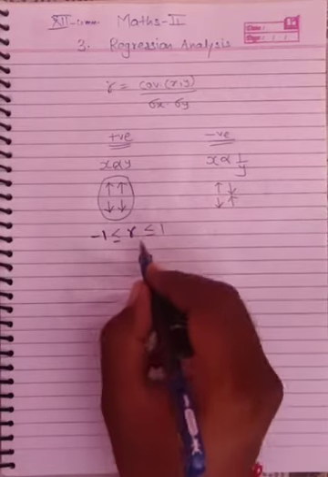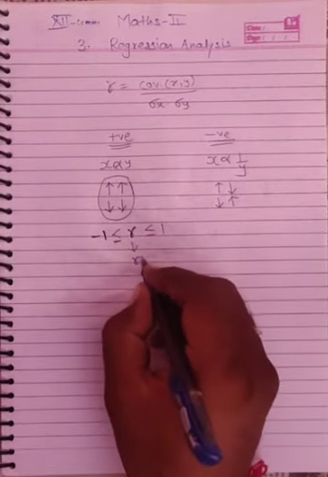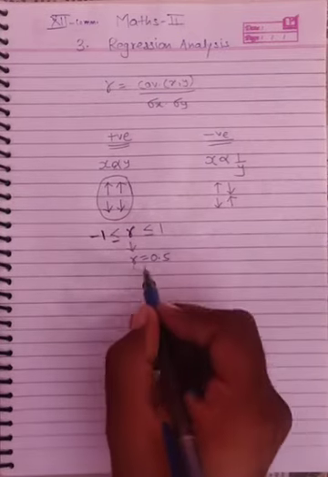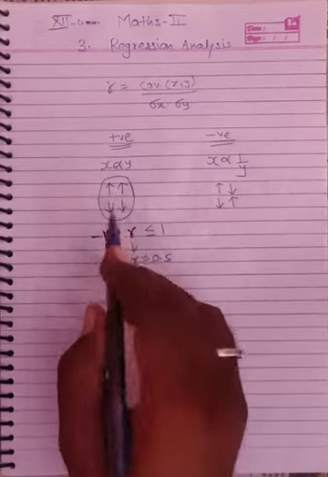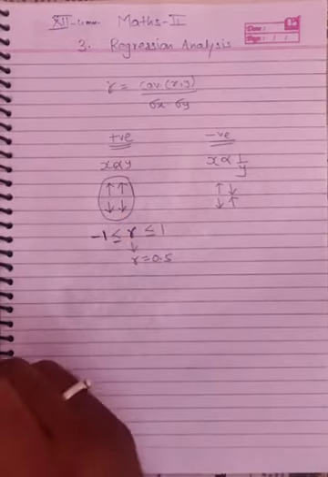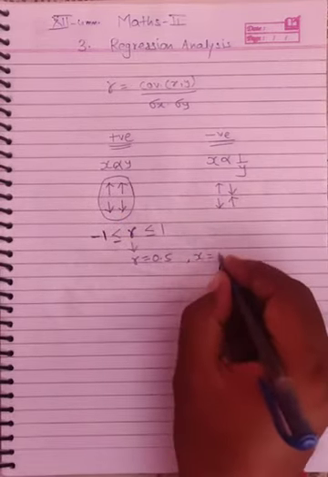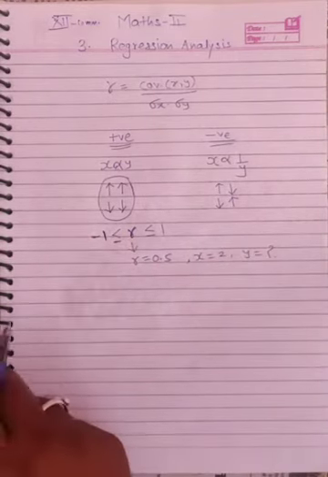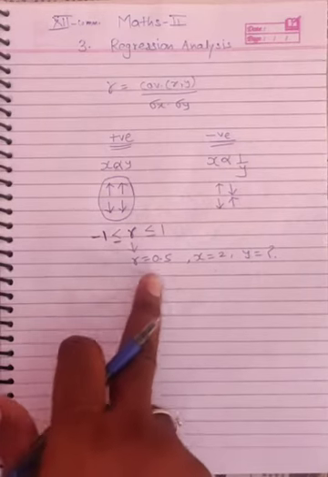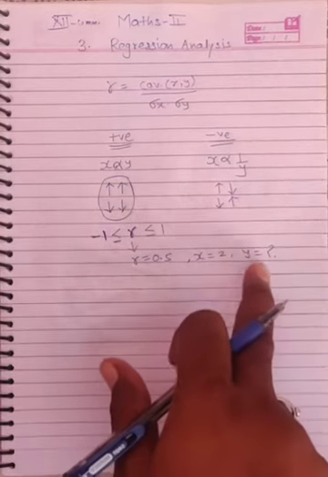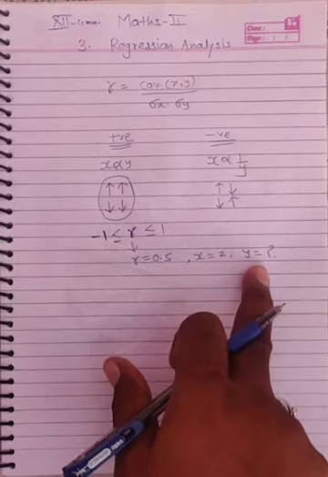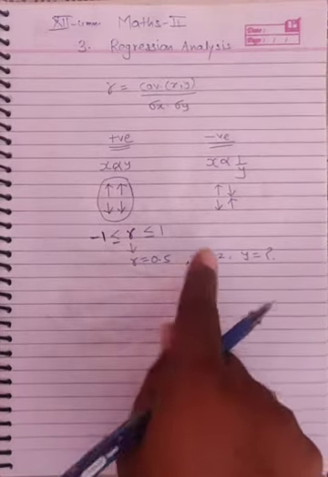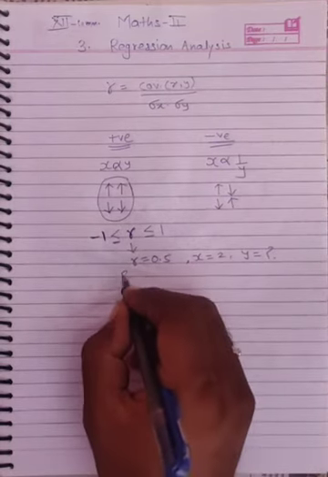Now suppose the value of correlation coefficient is positive 0.5. Then with the help of r we cannot determine the value of x for the given value of y. Suppose we are given the value of x is 2 and we are asked to find what y is equal to. With the help of correlation formula we cannot determine the value of one variable when the value of the other variable is known. So to determine the value of a variable for a given value of the other variable, the concept of regression is used.